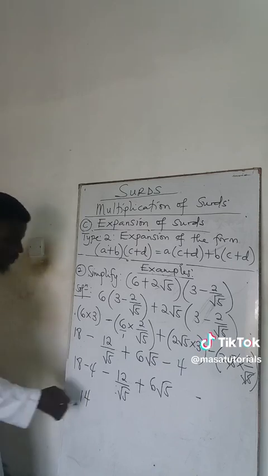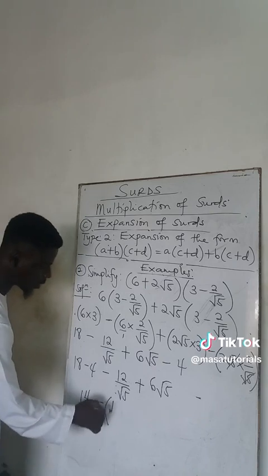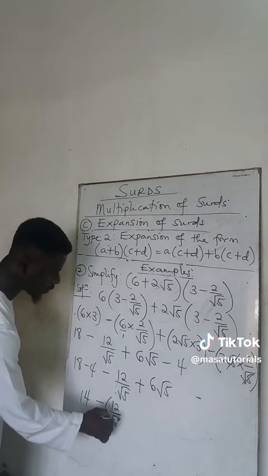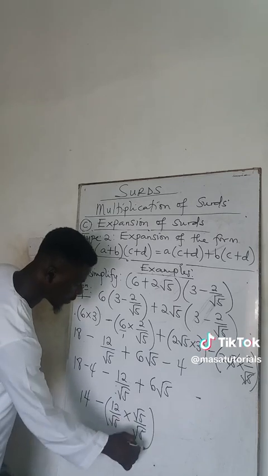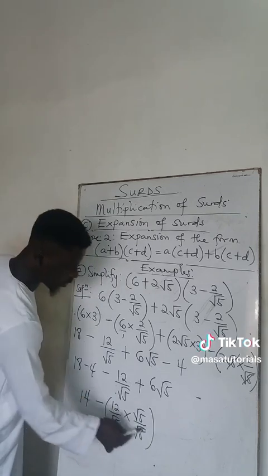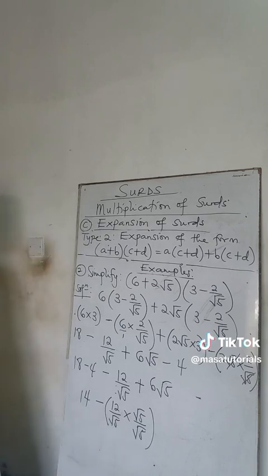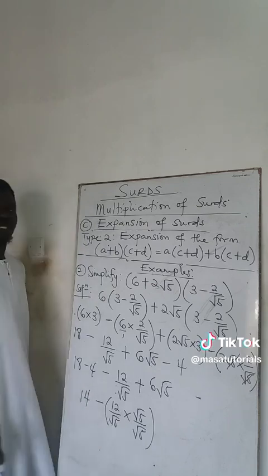That's 14. So that's what I'm trying to say. 12 over square root of 5 times square root of 5 all over square root of 5. We haven't done anything, right? Because when you cancel it, you still get that. We want to take the irrational